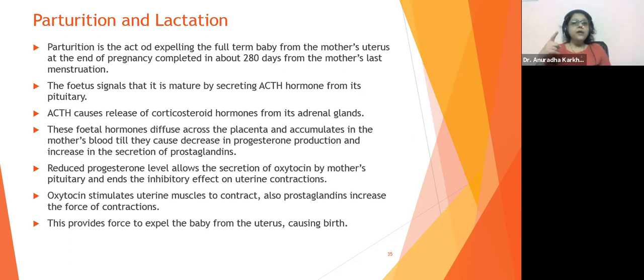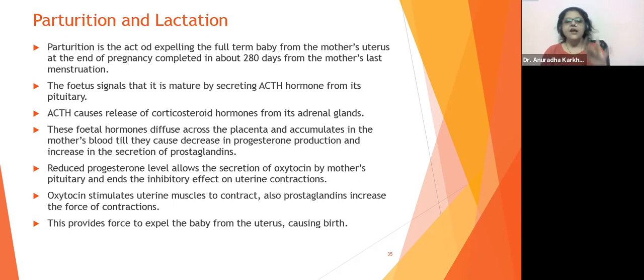When was oxytocin being produced in the mother's pituitary? Only when the corticosteroids were accumulating in the mother's blood. But due to high sugar, high blood pressure, alcohol, tobacco, any nicotine-containing drugs, or any chemicals, this can happen. That is why pregnant females are generally asked not to eat any outside food. If those things continue, then these things will happen.